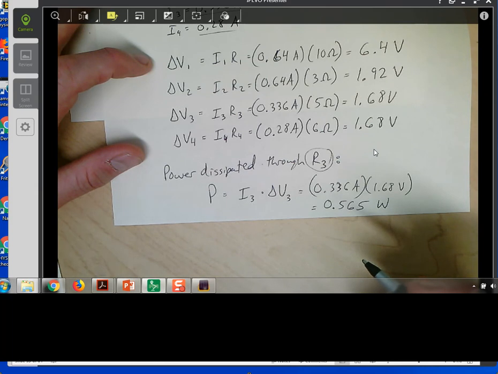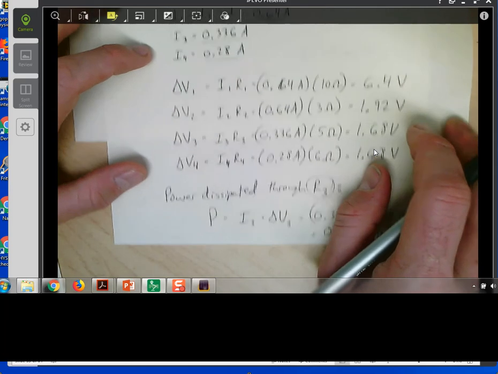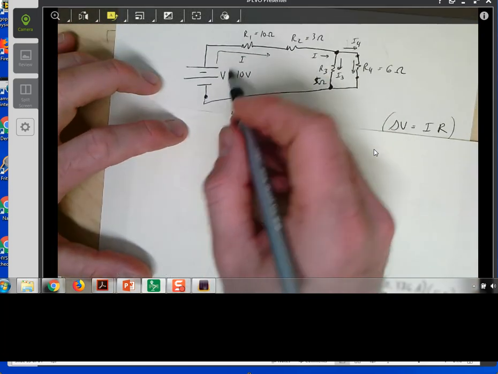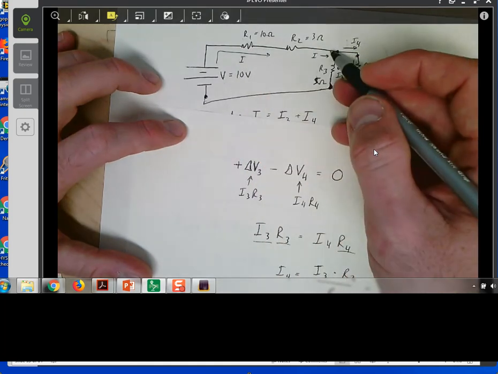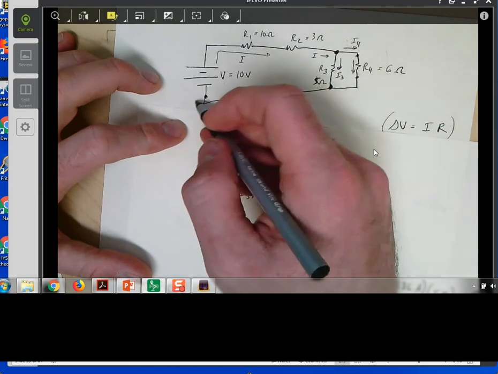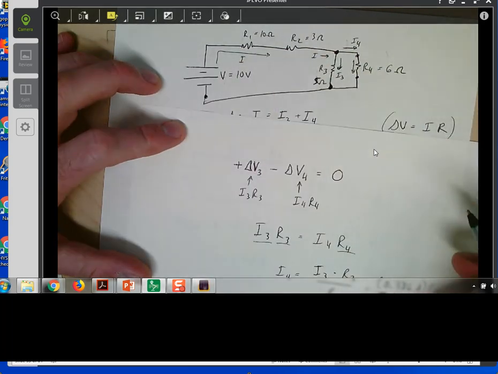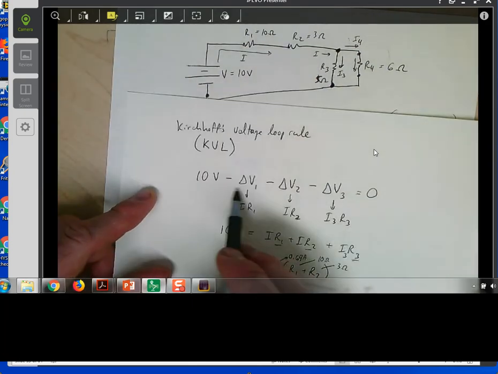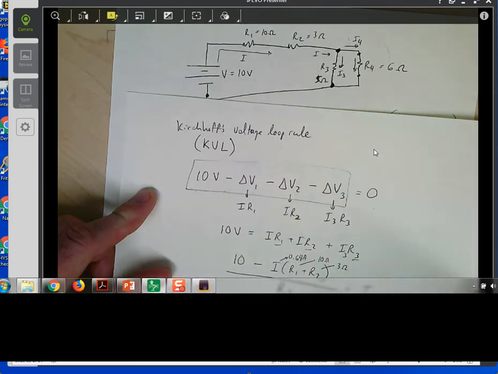The other thing you could do is notice that if we trace around the loop, the voltage gain of 10 volts minus the 6.4 minus the 1.2 and then minus the 1.68, you'll find that we get to 0 again. That's going to be a confirmation. You can always confirm the voltage loop law. In other words, here was our voltage loop rule. You can confirm this now by plugging back in these numbers